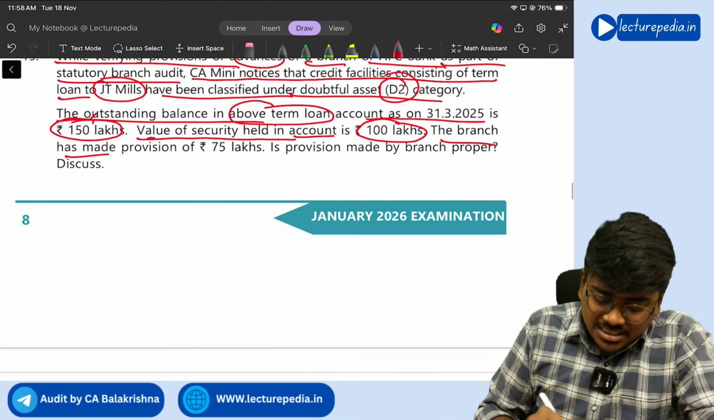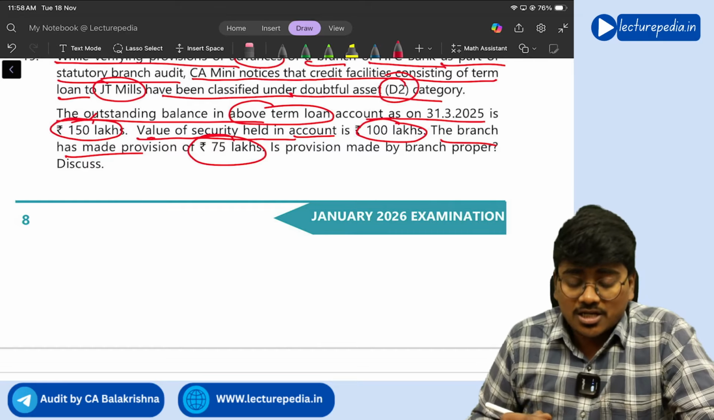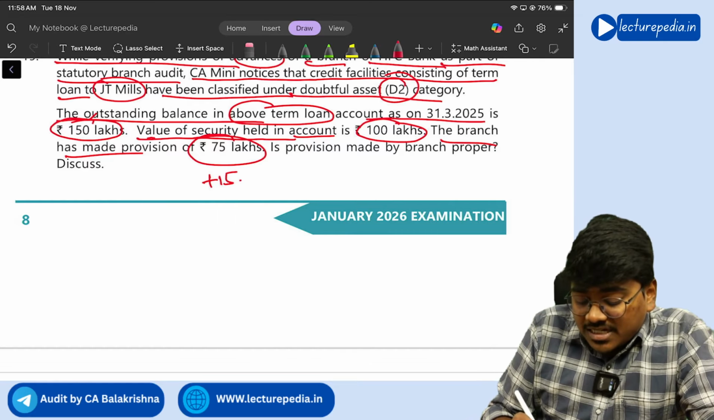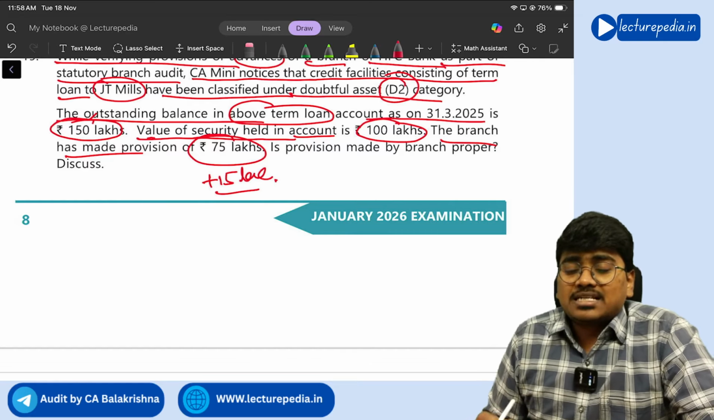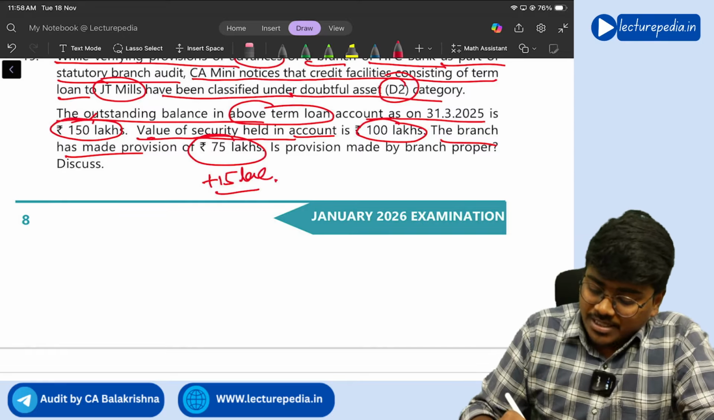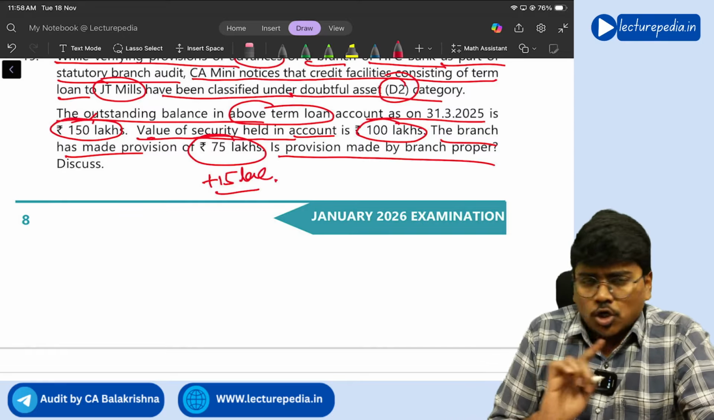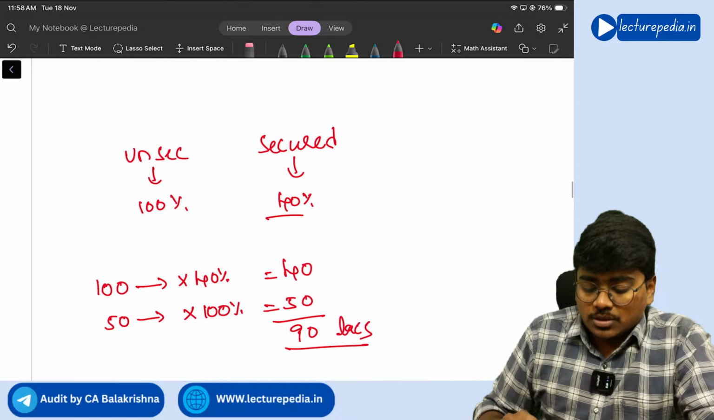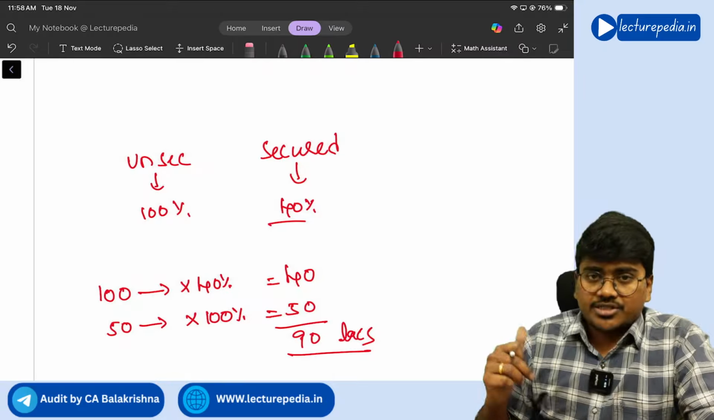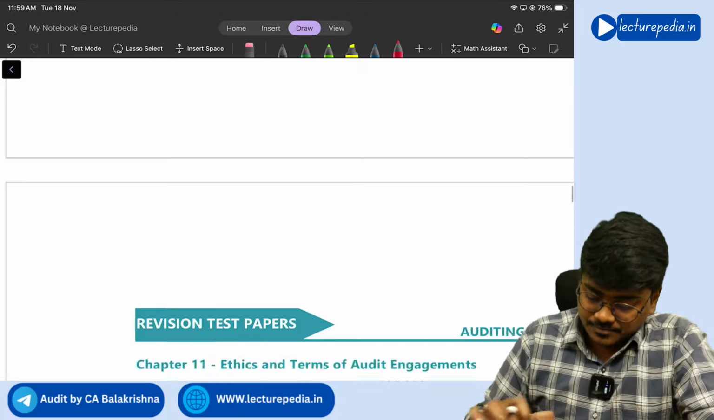So the branch has made a provision of 75 lakhs only. So still additional 15 lakhs provision you should suggest the bank to maintain. Is the provision made by the branch proper? No, it is not proper and you need to write down this particular discussion. Got it? Next,